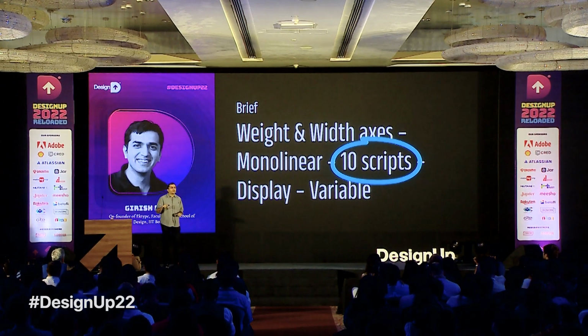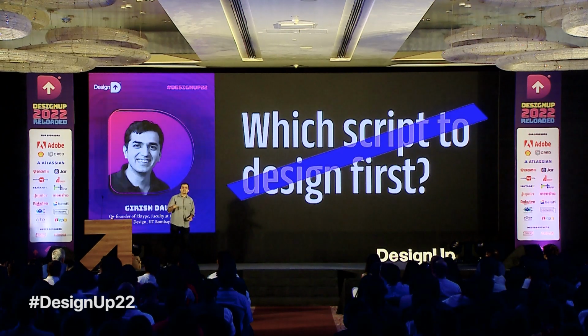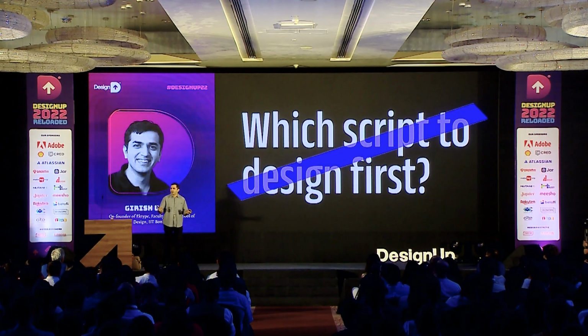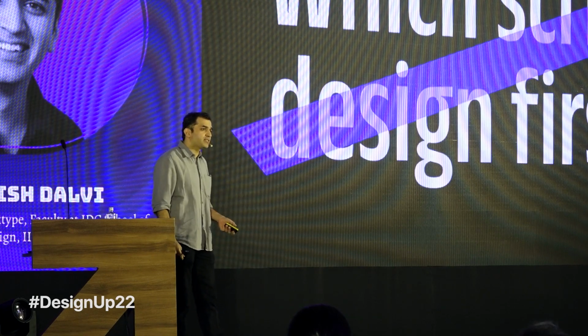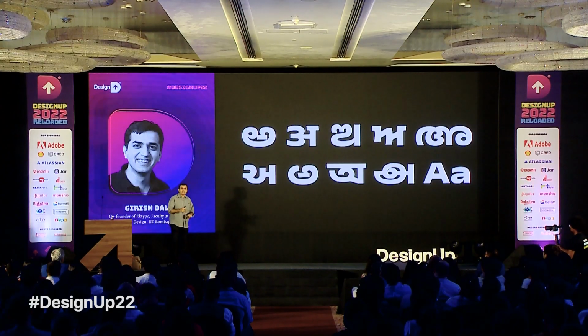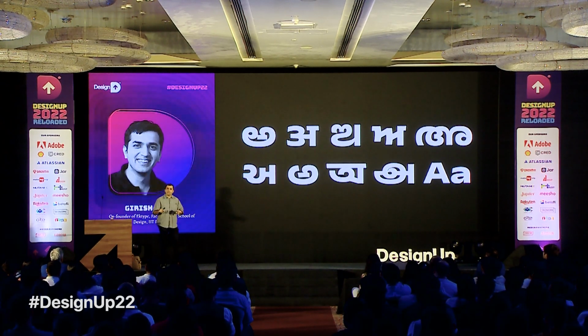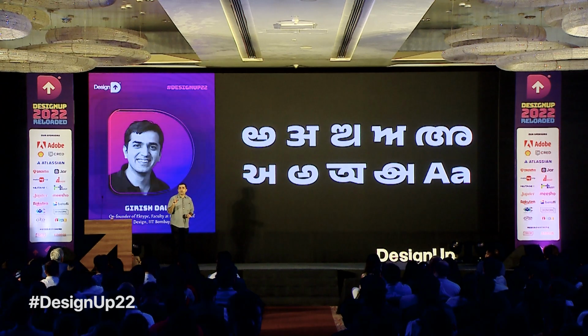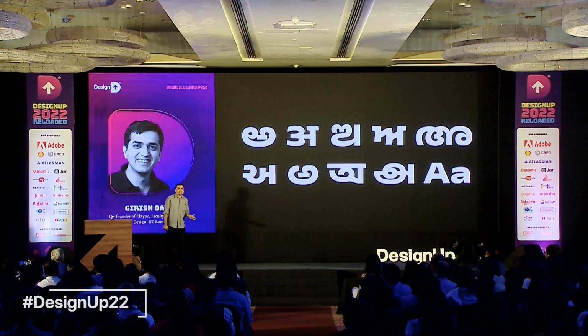As you know, we're not too fond of the Latin first approach, right? So the question, which script to design first, does not apply to us. So then how is it that you're going to start designing for 10 scripts? Well, we start designing all scripts together. All scripts are designed simultaneously at the same time by all designers, right? This is not as easy as I say it,